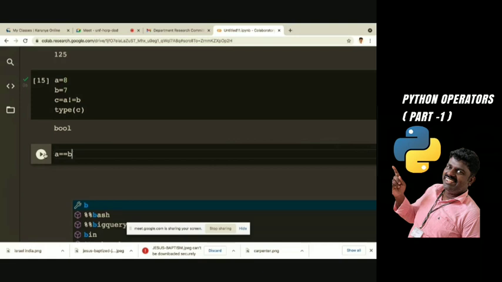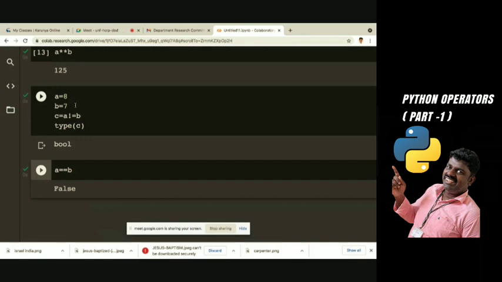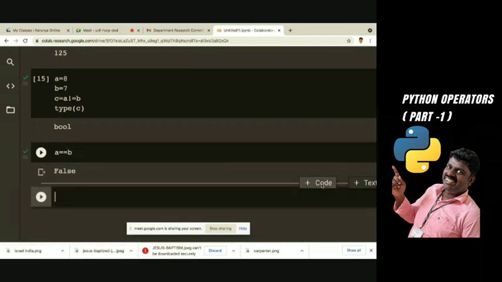Let us check what it returns. It is false, because 8 is not equal to 7. Both are not equal, A is greater, so this is wrong.